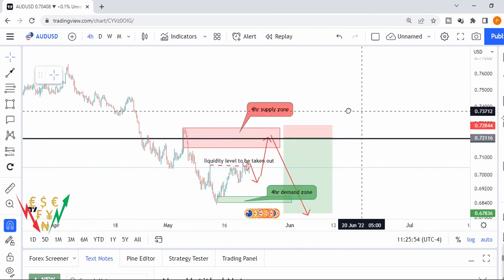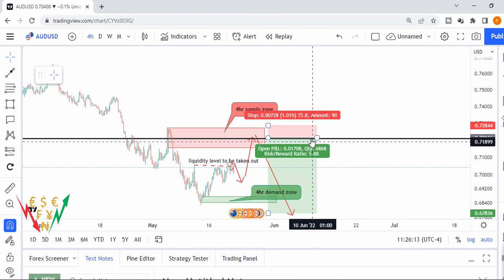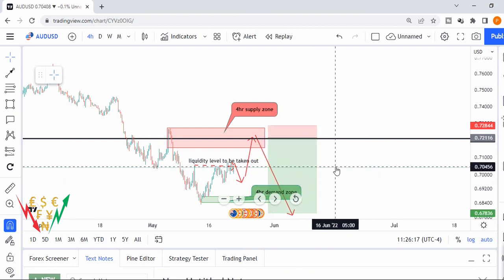Our sentiment bias for the AUD, guys, is bearish. However, when the market opens, we want to ensure that all our trade conditions are met: the fundamental analysis, the sentiment, and then the technical analysis, of course, which we have shared with you. And then enjoy that trade. I think it's up to 200 to 300 pips, nothing less than that figure.